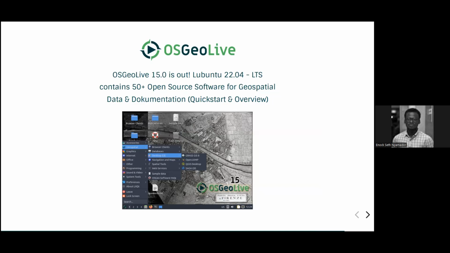It has some data, of course, OpenStreetMap is there, has documentation and quick starts that you can use to learn, teach, run workshops, and also run live work, that is, use it for your current work or as a current workstation. Without much ado, I will pause here and answer some questions about OSGeo up to here before we jump now to OSGeo Live.